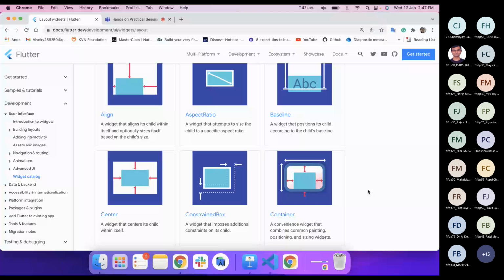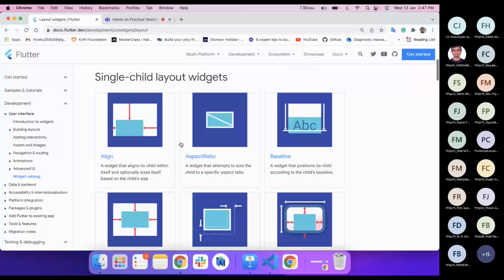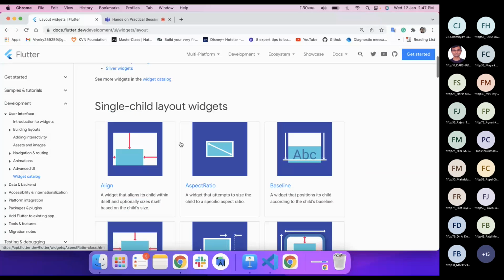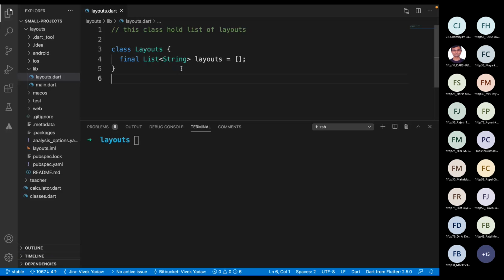So are you convinced that we should be using a stateless widget here, or should we go with stateful only? Yes, stateless is fine, sir, just to demonstrate the layouts. Right, because we are not changing anything. When we are not changing anything, we can make a stateless widget.